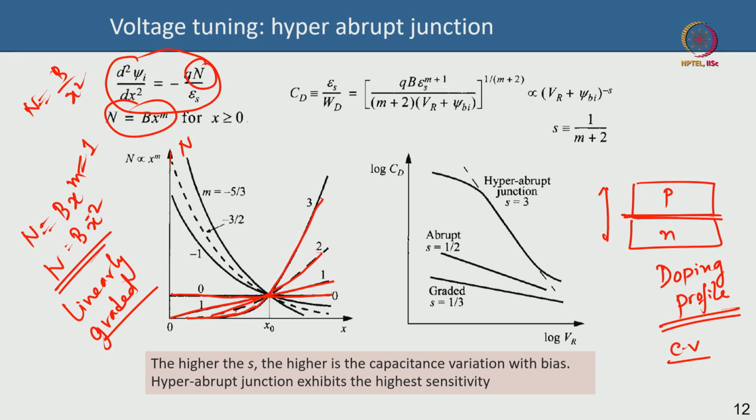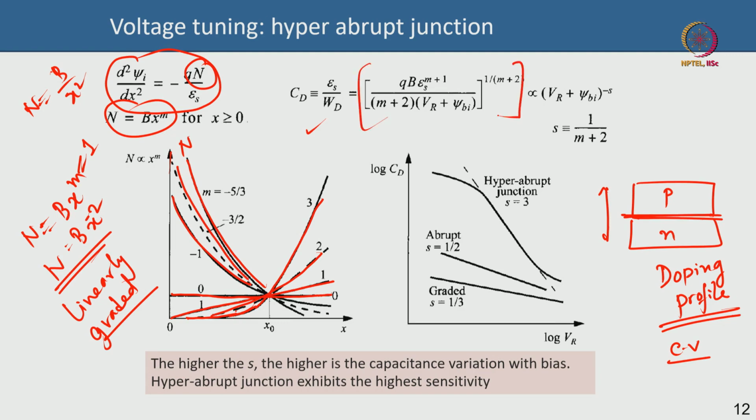Now, if m equal to minus 1, minus 2, etc., then you are looking at this. Here they are using m equal to minus 5 by 3, minus 3 by 2, etc., some kind of different numbers, and they are getting these different profiles here. You see the doping is changing like that, right. So, if you use a generic expression like that, you can actually write the depletion capacitance